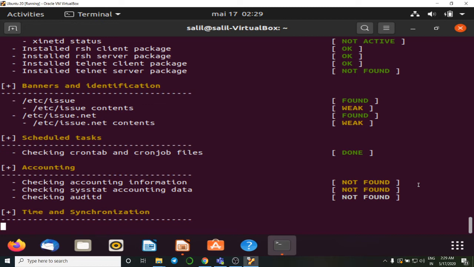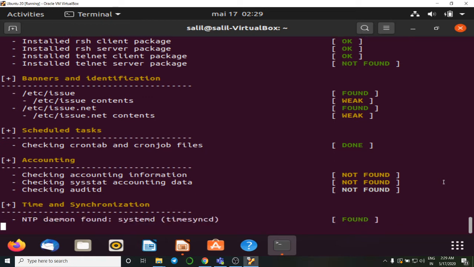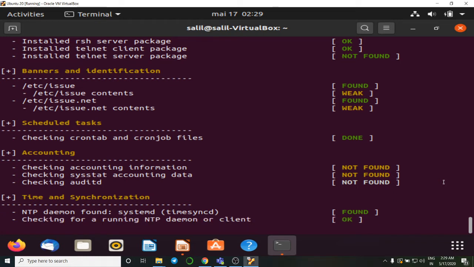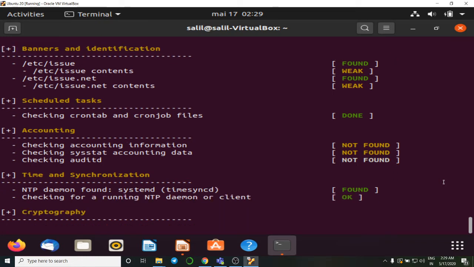So still the auditing is going on. The command lynis audit system directly begins the auditing of the system just after we install the Lynis tool with sudo apt install lynis.